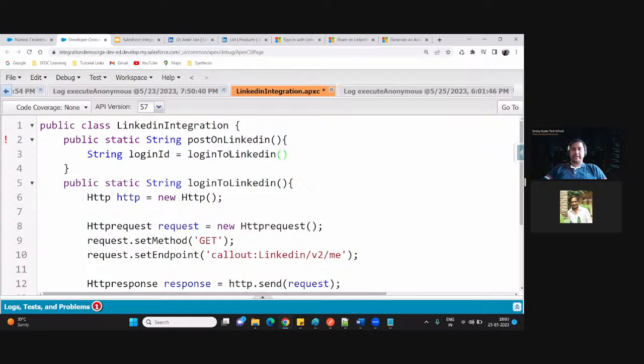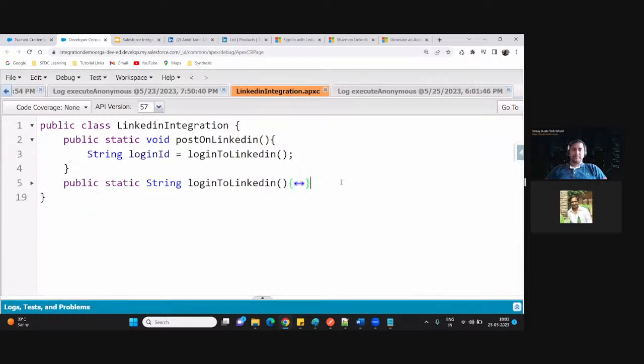Now we will create another method, in which we will perform the post operation. I am writing another method here, public static void, and let's say I'm putting the method name as post message.